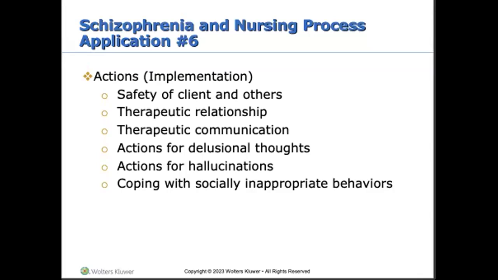We want to try to help them to interact with others as possible. We can do some teaching and education about social skills. We can role model good behaviors with them. Sometimes we can do communication where we actually practice having conversations with them. We want to teach the family coping skills as well. We want to establish community support systems and care so that way they have that when they get out.